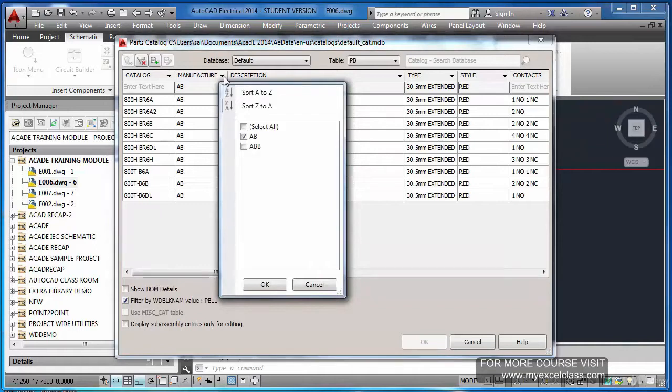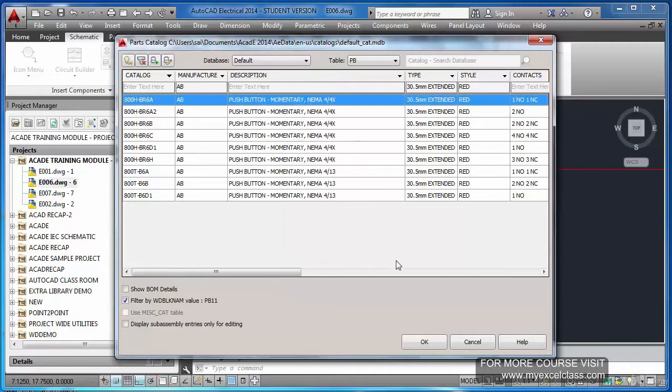In fact, in my PC I have not installed many manufacturers. While you are installing AutoCAD, there is an option to select the manufacturers, so you can select as many manufacturers as you require. Unfortunately, in my PC it is not selected. I have selected only a few, so it is like this. Otherwise, you will get a huge list.